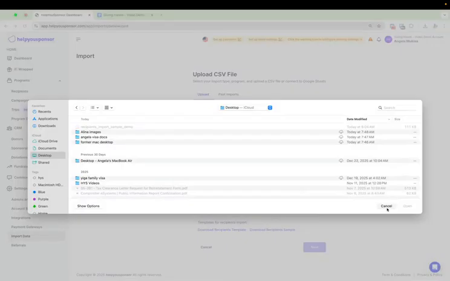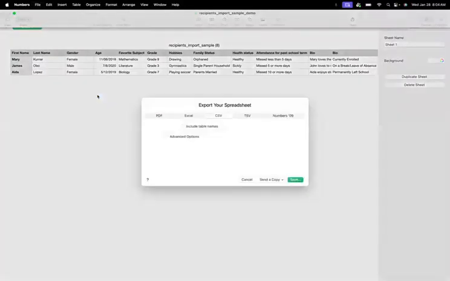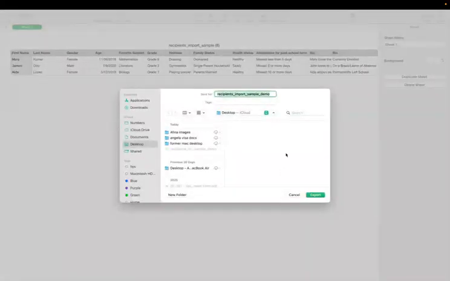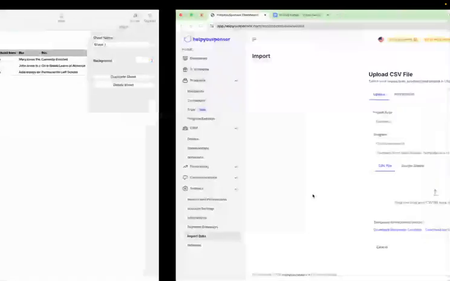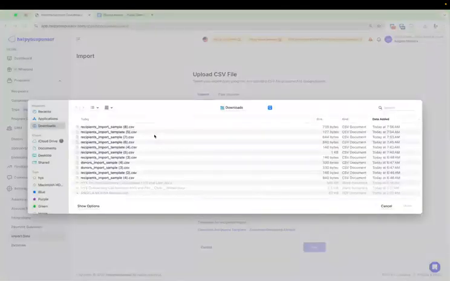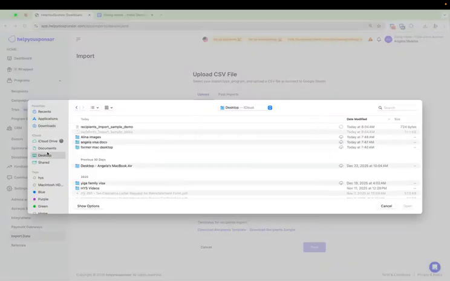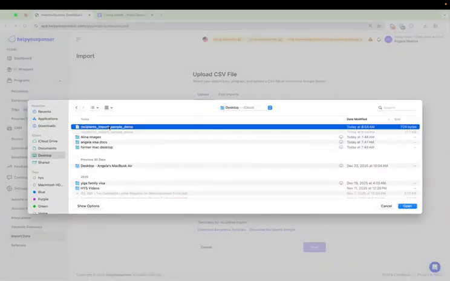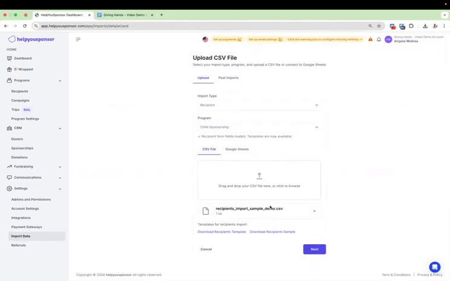Oh, it's not of CSV type. Let me quickly check and ensure it's CSV. So yeah, this is Numbers. So export to CSV. I'm going to save this, and I'm going to save it here. All right, perfect. So next piece is to go back, desktop, and now the CSV file is showing up. And then next,